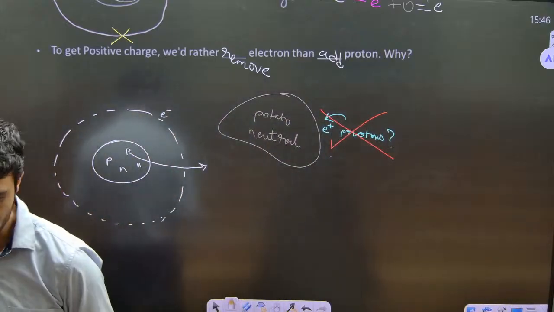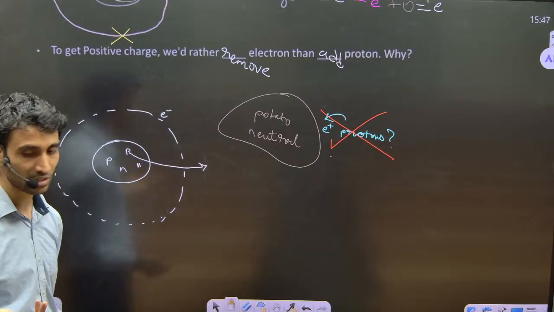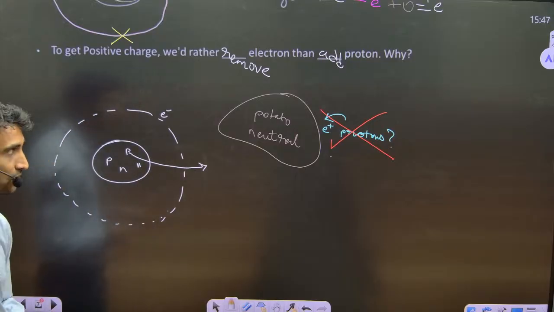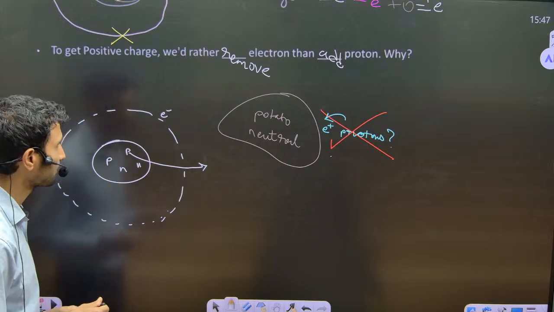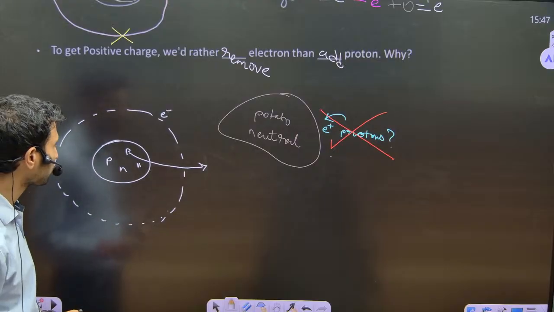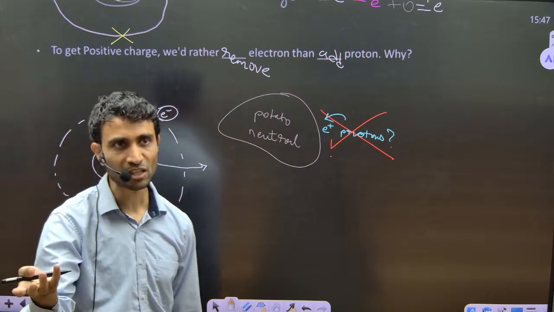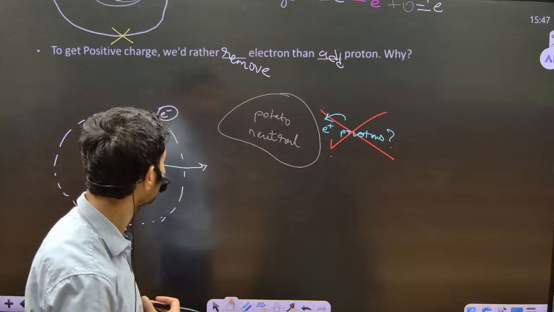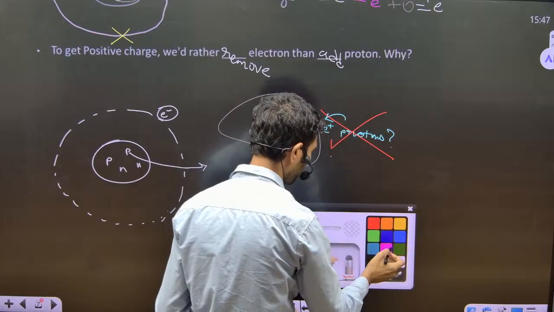So if you try to play with protons who live inside the nucleus, you are basically trying to start a nuclear reaction, right? And which is not allowed. That would be very dangerous and an extremely difficult thing to do, right? So because protons live inside the nucleus, we don't want to play with protons, and that's why we are happily either adding electrons or removing electrons, because electrons do not live inside the nucleus. Okay? And the reason for that, I'll write it here. The reason is